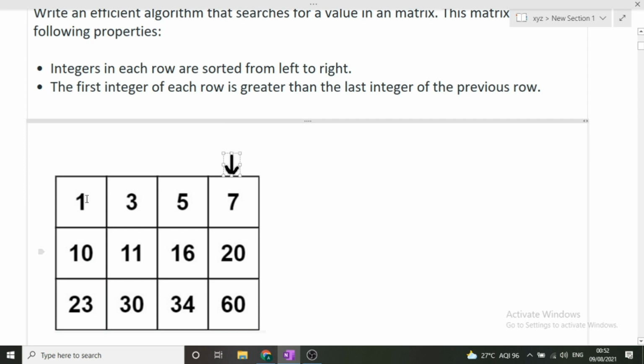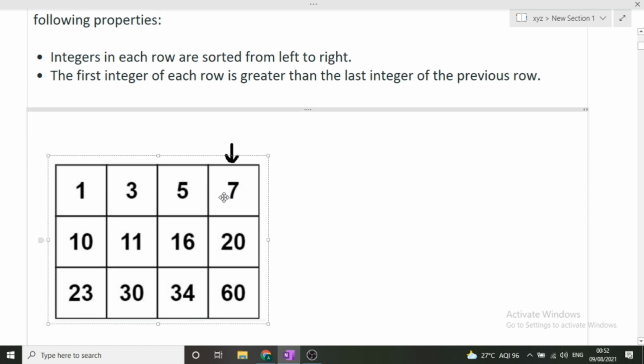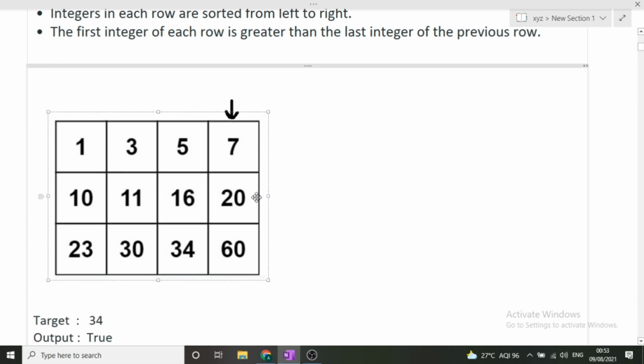See, one method is the normal one. How can we search for an element? We can simply iterate over every element inside this matrix, and at every step we compare whether this value is equal to the target. If yes, then we will return true. And if we do not find that value inside this matrix after every comparison, then we can simply say that the value is not present and we will return false. So in the simple method, we will iterate over the entire matrix, every element of the matrix. So the time complexity will be O of n square, where n is the number of rows, and n is also the number of columns. Okay. So I hope this is clear to you.